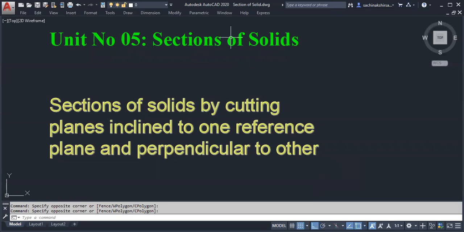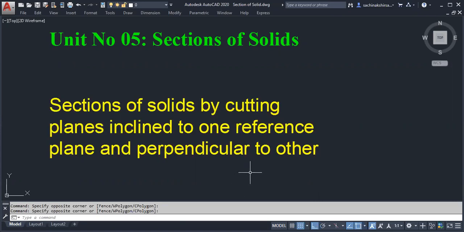Cutting section we have shown by hatching, but how have we shown the cutting plane? In one of the problems it was there: cutting plane A to A, capital A to capital A. It was a center line, not dotted. Keep in mind, the cutting plane is always shown by a center line, not by dotted. Dotted or hidden line is used to show hidden parts, the edges which we are not able to see. But the cutting plane is shown by center line, number 1.